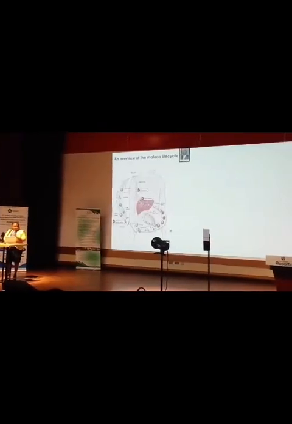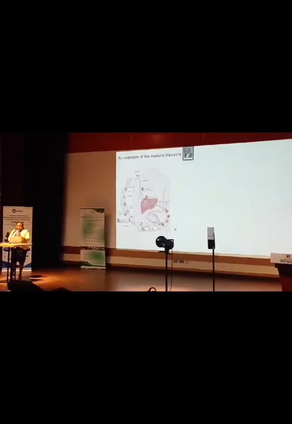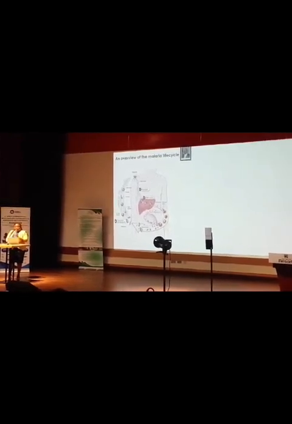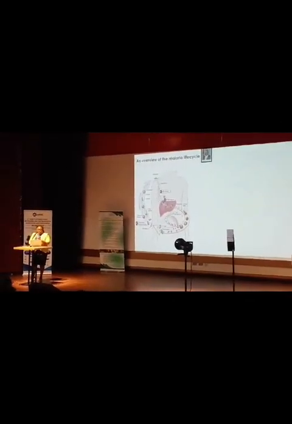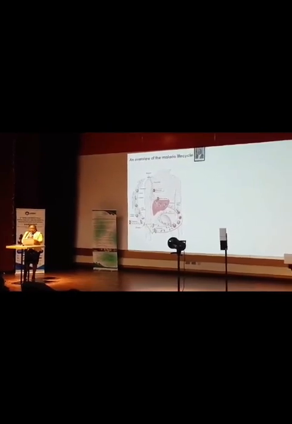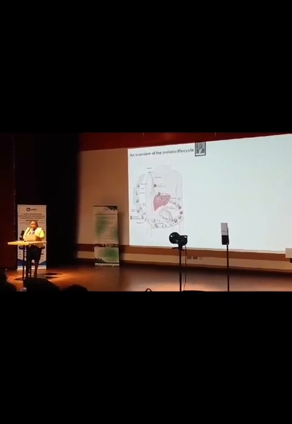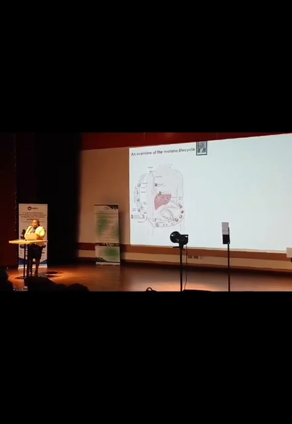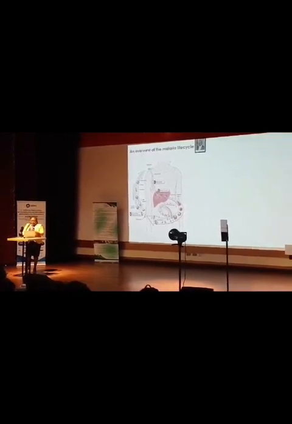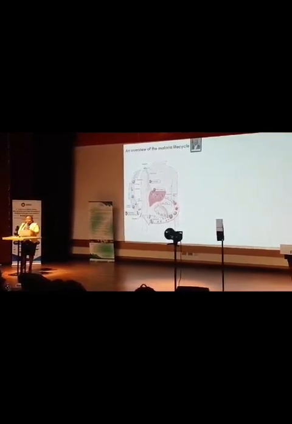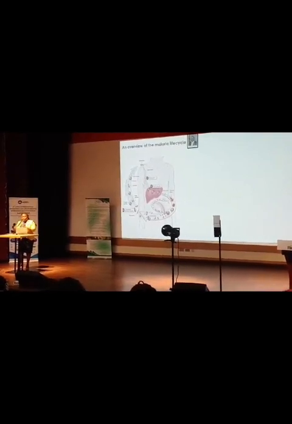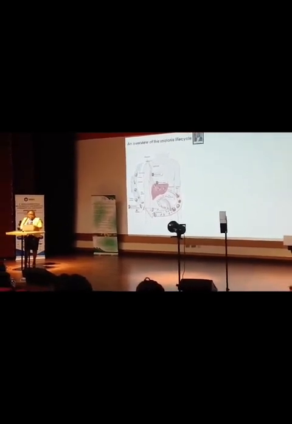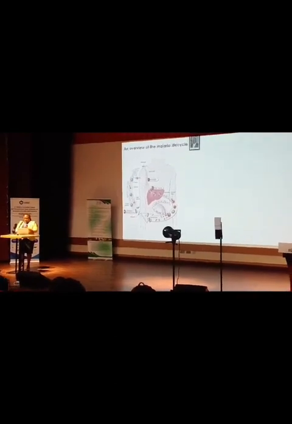I just want to give you a snapshot of the life cycle of malaria. Usually it starts with an infected mosquito biting, then it releases sporozoites that go and infect the liver cells. Then after maturity, they rupture and produce merozoites, which invade the red blood cells. And then there is a cycle that continuously infects more red blood cells, and some merozoites will mature into gametocytes, which are then ingested by another mosquito. They mature and the cycle continues.